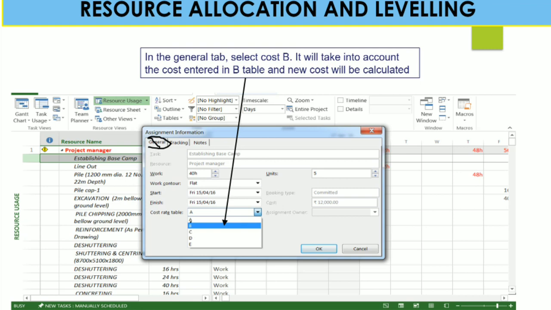Before that, Microsoft Project had already selected cost rate table A by default. Based on your project requirement, we entered cost rate table B, so accordingly you can change like this and click OK.